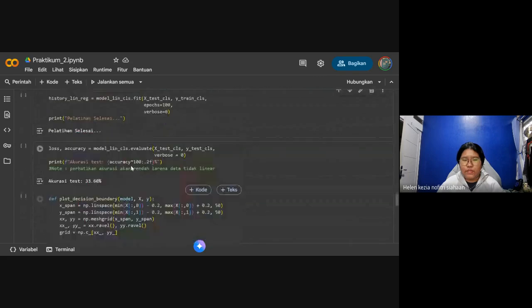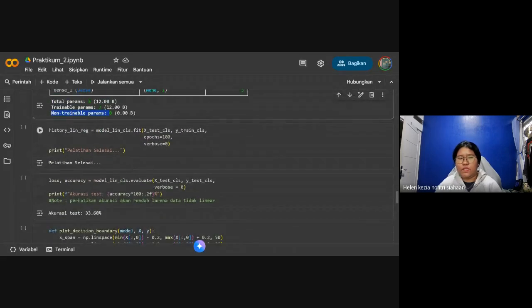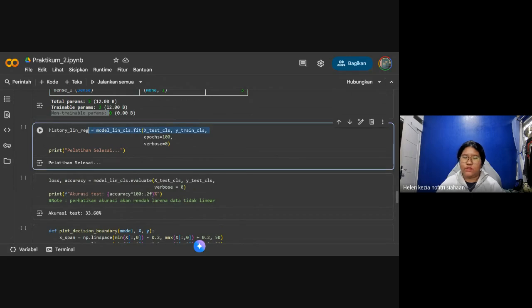After that, we need to know about the last, it will be linear regression. And we need to use the epochs and the verbose in here. The verbose is used to control the output as the training runs.